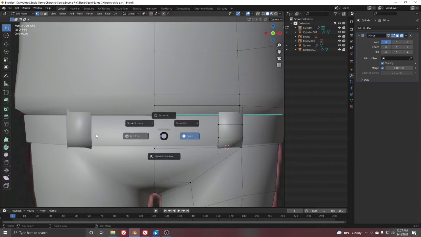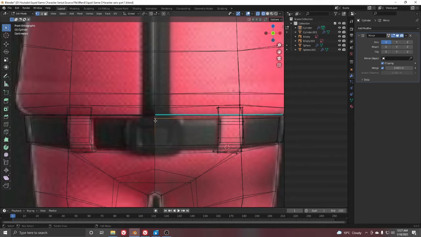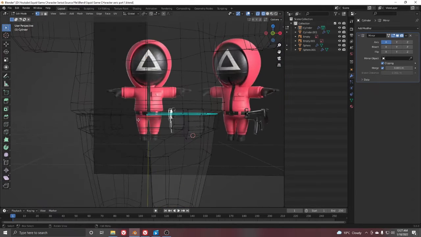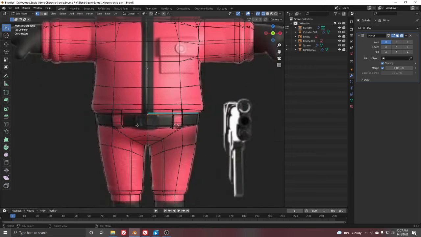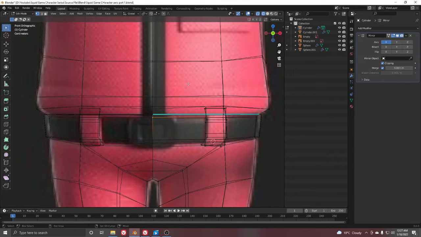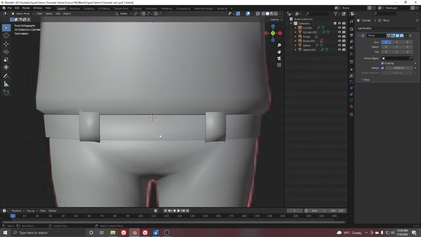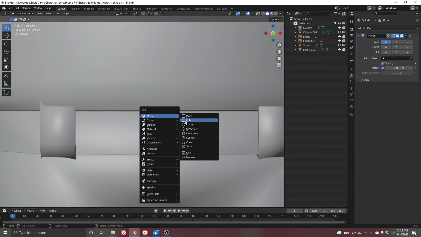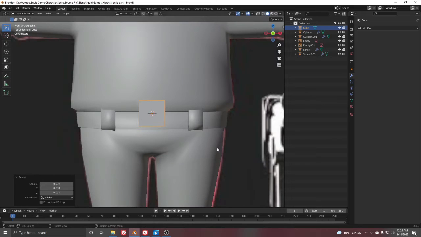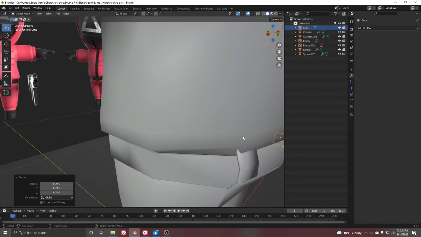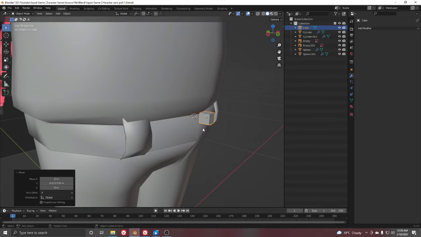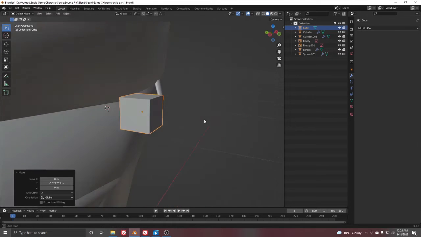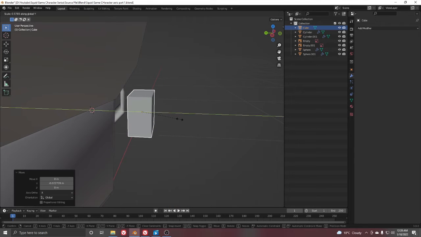So for that I have to make my cursor here. So I will select a vertex here, this one, the front vertex, and just press Shift S and cursor to the selection. So I move my cursor here and just simply add a cube, scale it down, move it toward the Y direction, just press the dot button to zoom it, and scale it with Y direction,